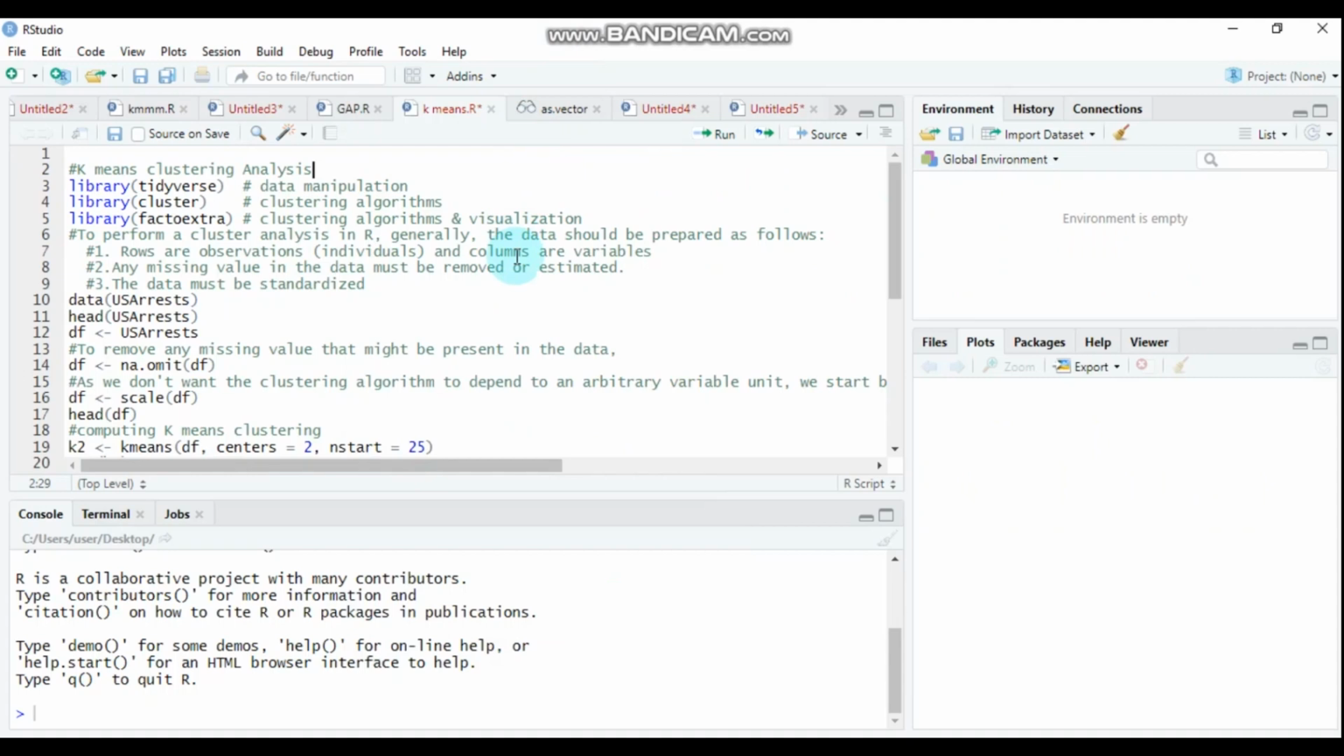Hello everybody, today I'm gonna show you K-means clustering using RStudio. As all of you are familiar with the word clustering, clustering is a broad set of techniques for finding subgroups of observations within a given data set. That means you want observations in the same group to be similar, as well as you want observations in different